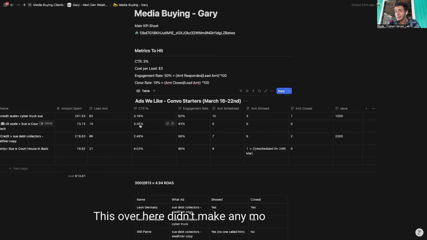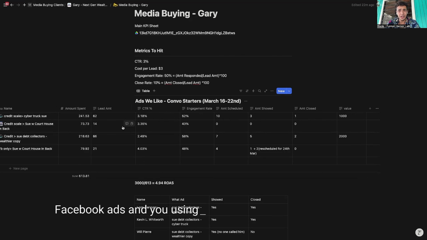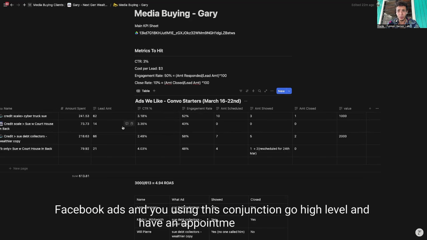This one over here didn't make any money this week. This is the one I'm probably going to decrease the budget to. This one I'm actually going to increase the budget to. So what's really great about Facebook ads and using this in conjunction with GoHighLevel and having appointment setters is that